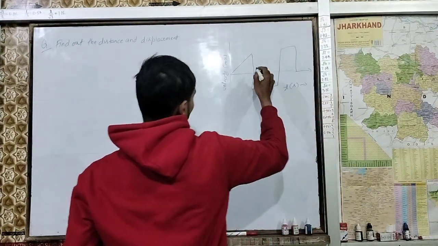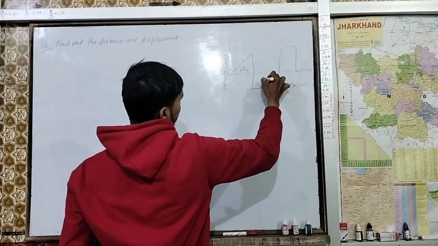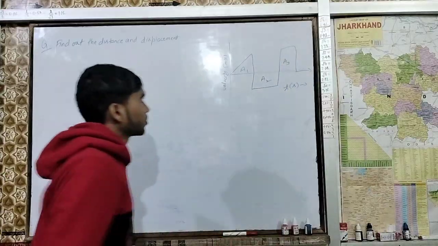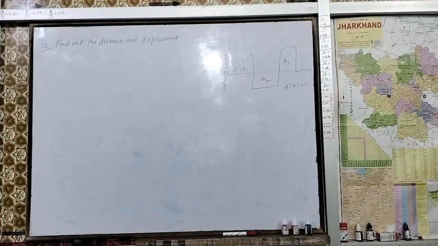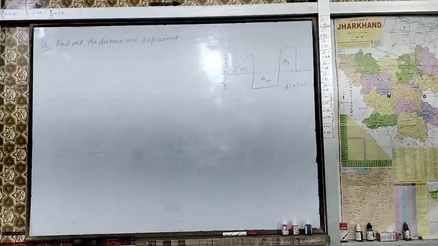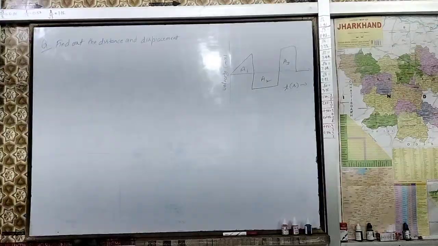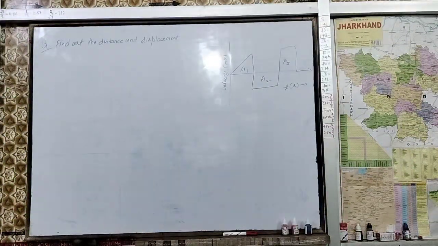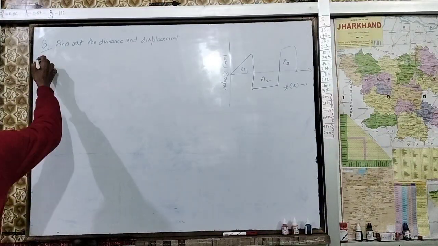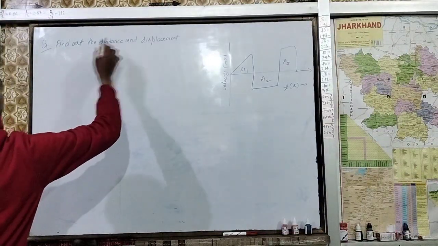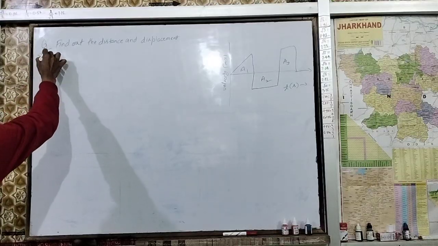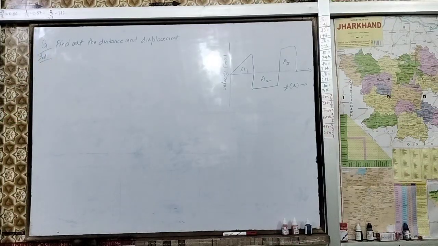This is our figure. But remember, this is area 1, area 2, area 3. There are three areas. So it is asking distance and displacement. So the answer would be: